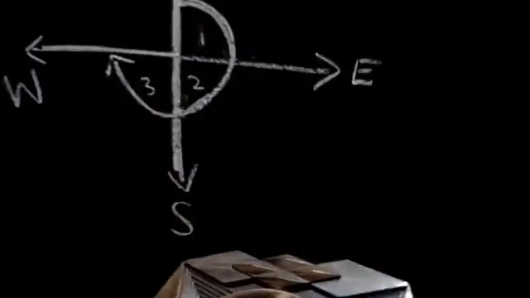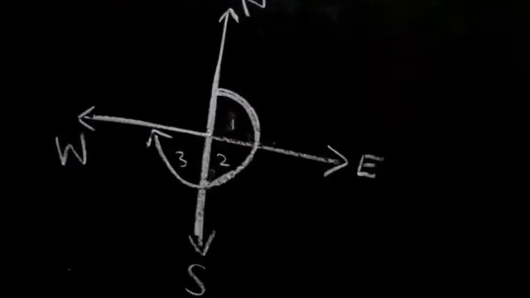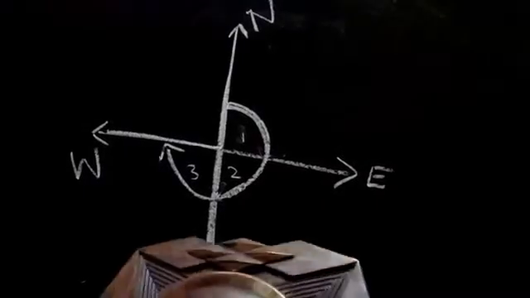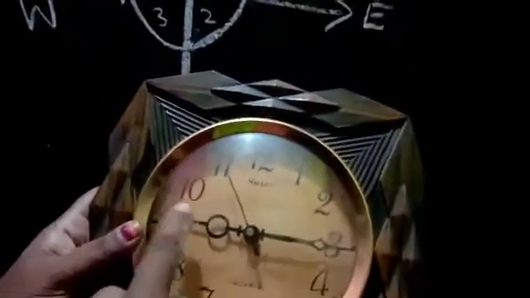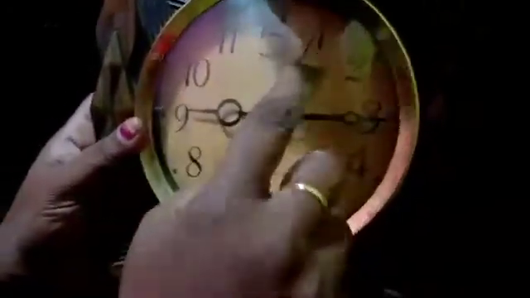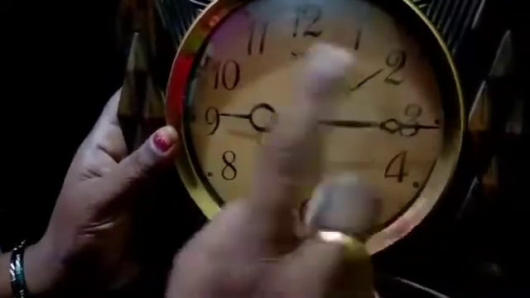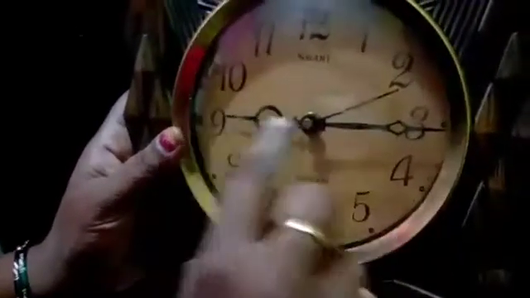So in this position we have 3 right angle shapes. Suppose we need now it is 9:15. 9:15 means straight angle 1 we have. This side also we have straight angle. So we have 2 right angle. Here from here to here 1, here to here 1. So 2 right angle is called 1 straight line.